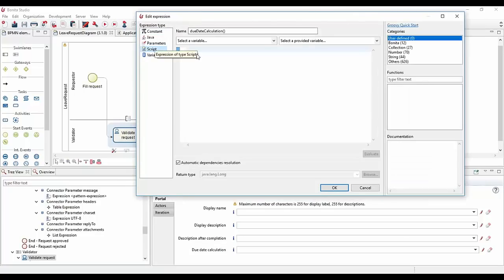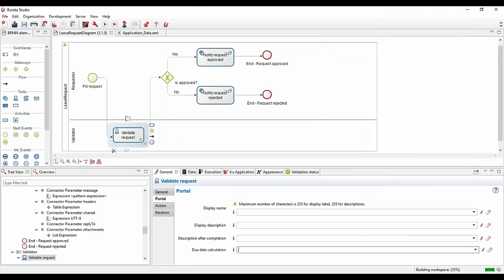So here, I could have a Groovy script to take maybe, is it a beautiful day or not? If it's a beautiful day, then it's about a 3-day SLA. If it's a bad day, then it's only a 1-day SLA. And then the due date will be evaluated based on that. So it's completely dynamic. I have a question about using a specific connector in order to get access to business variables. So that's something that you can do from an expression, a Groovy script expression.